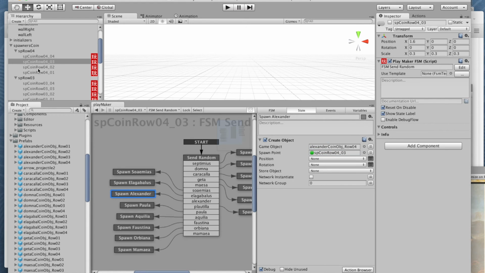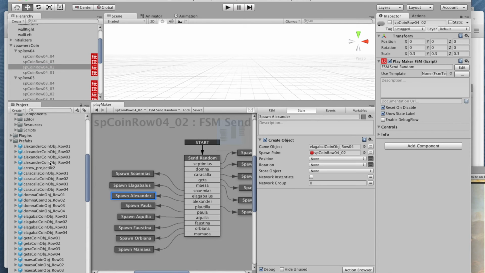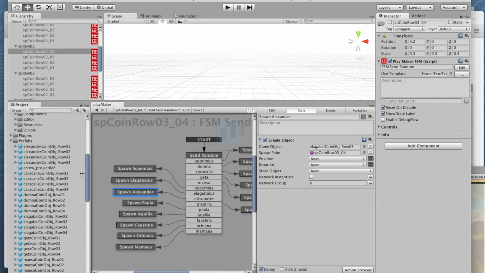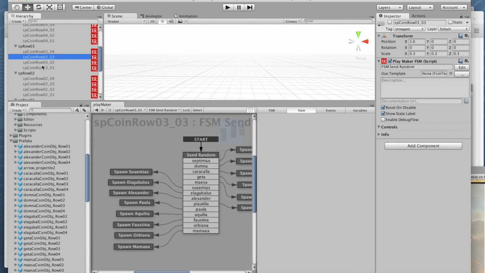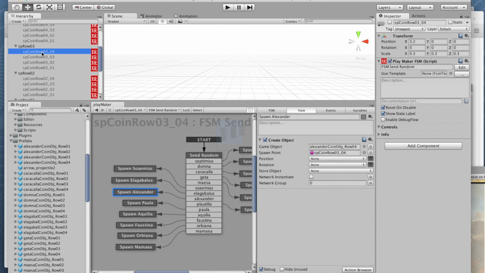for each of these other spawners. So there's 16 in total. It's kind of a lot of manual production work here. There's 16 spawners in total, and each of these needs to be assigned to the correct coin to spawn. Whoops. Okay, so now I'm on row 3, so this is why it's easy to